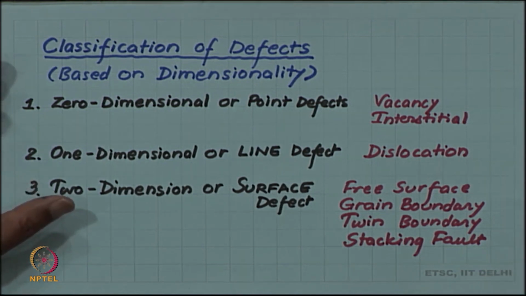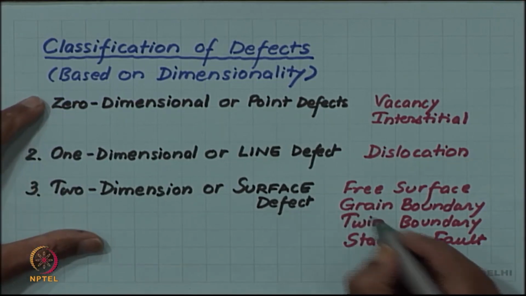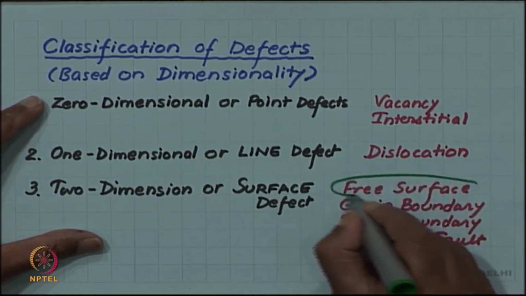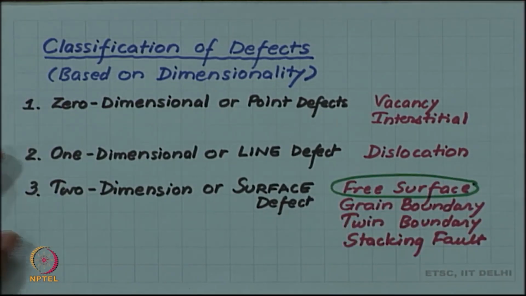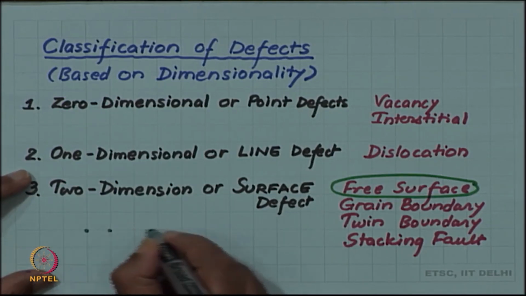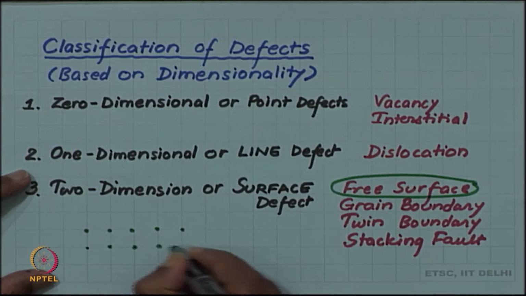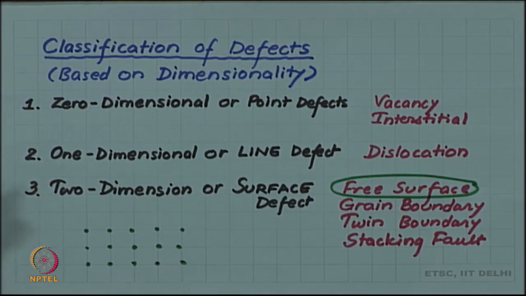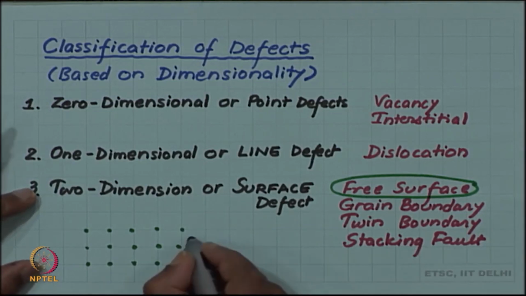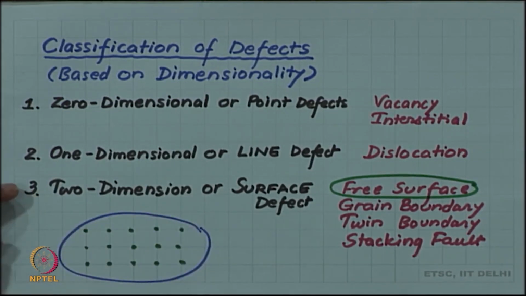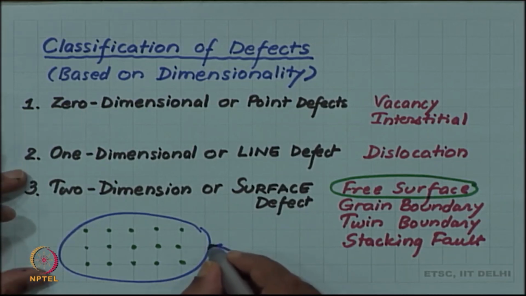One may think that why the crystals are not ideal, why do they have defects? First of all, one defect, this free surface, will always be present in the crystal, because our crystals are finite, and the definition of periodicity requires an infinite crystal. Since all lattice points have to be identical, there cannot be any surface. So, the very fact that the crystal is bounded by a surface, because our real crystals will always be a finite crystal, so it will have a boundary line, and that boundary or the external surface,